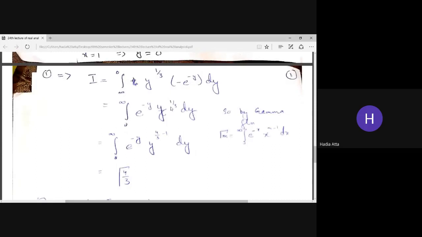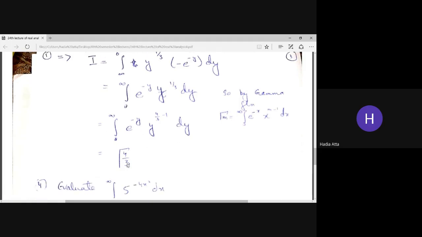Now, if you look over here, this is the definition of a gamma function. The definition of the gamma function is like this: we have e to the power minus x over here, and here we have minus y, and y raised to the power 1 by 3, but we need x raised to the power m minus 1. So we have to replace that 1 by 3 by m minus 1. We can take that 1 by 3 as 4 by 3 minus 1, as you can split that 1 by 3 like this, because both are equal to each other. So now this satisfies the definition of a gamma function, and you can write that integral in the form of gamma 4 by 3.